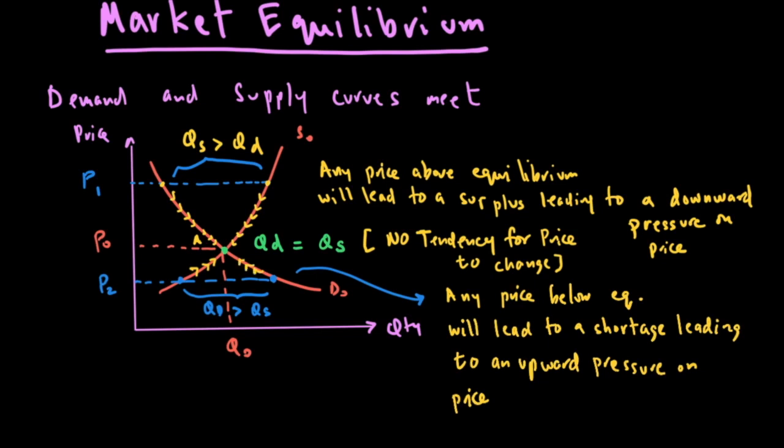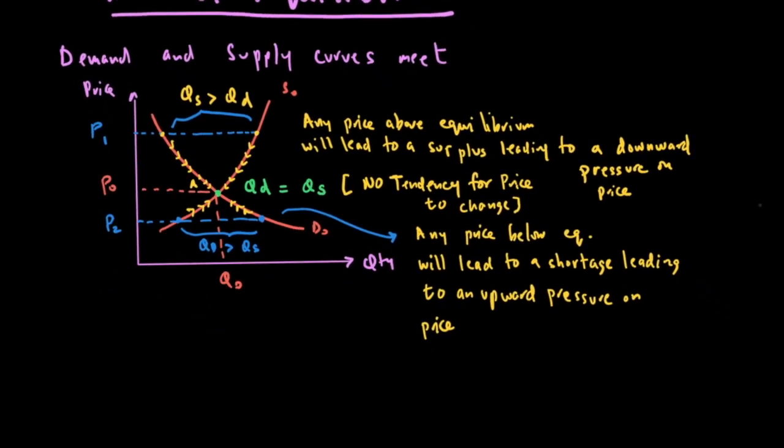Because the price is going up, some consumers will also be discouraged to buy the good, leading to quantity demanded to also fall. Ultimately, what we're trying to say is this: at P naught, if it's an equilibrium price, QD equals QS, and therefore there is neither a shortage nor a surplus, and therefore no tendency for price to change. So let me write this important point, that at equilibrium,